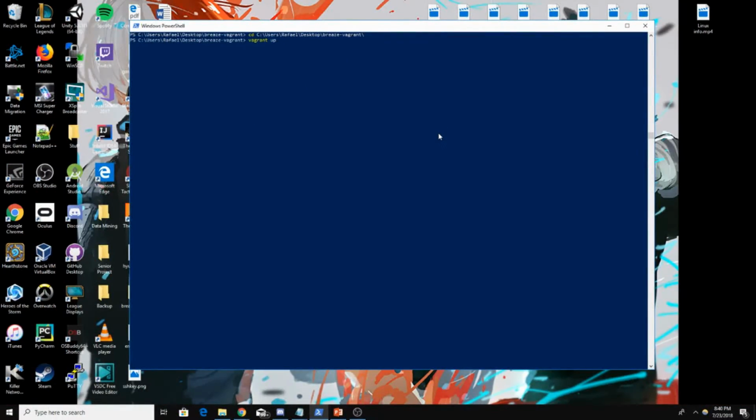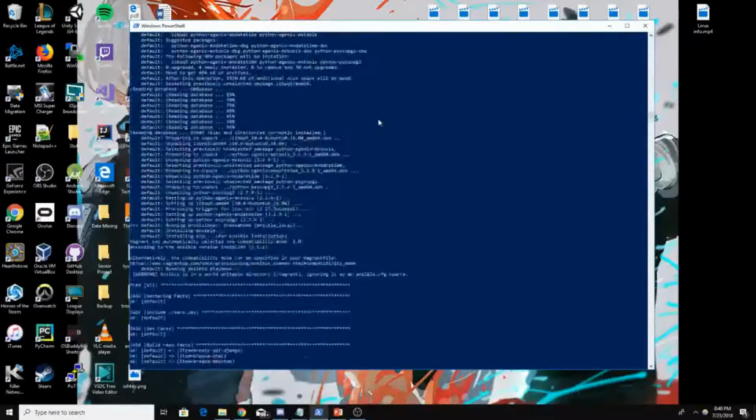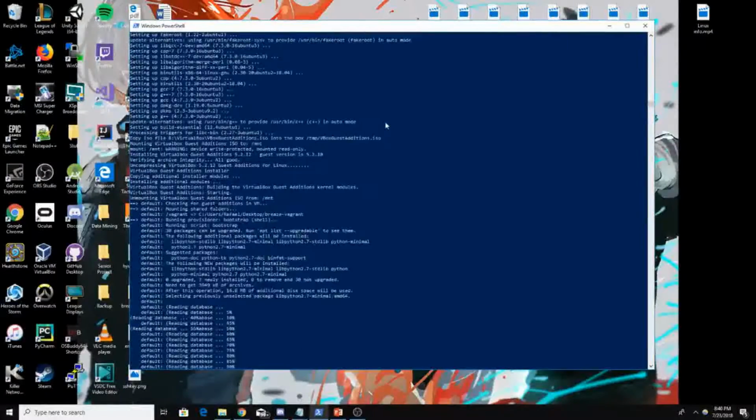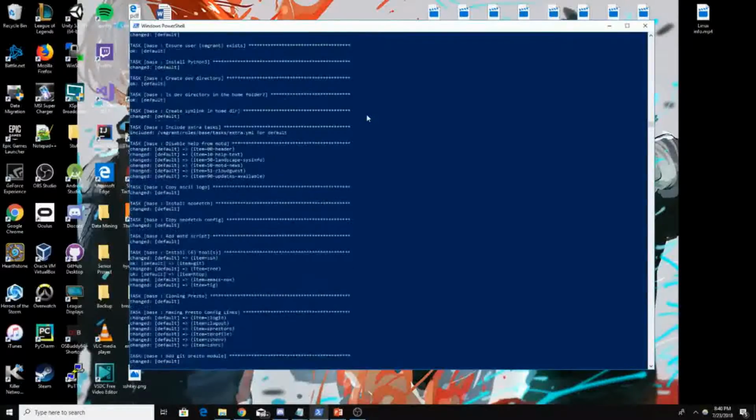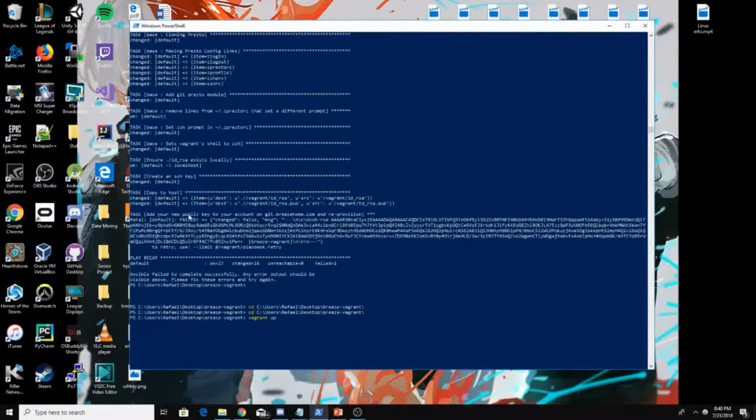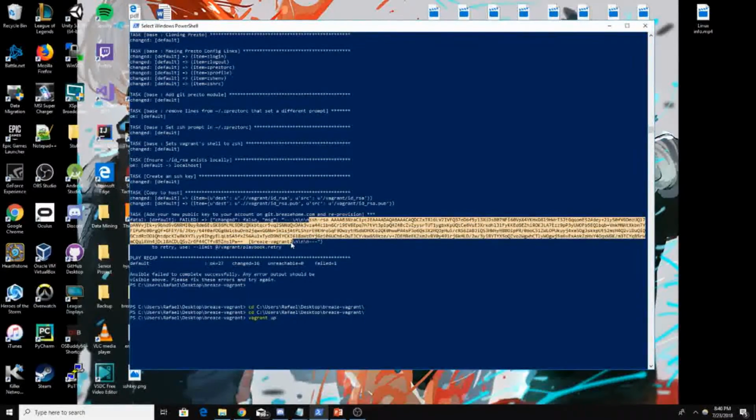When you begin to run that command, you'll see a lot of things start to begin installing. It'll take a couple minutes, but once that finishes, you should see that there's a message right before it ends that tells you add your new public key to your account on Git. If you're on Linux or Unix, these formattings might be there, but in the case for Windows, they're not. So you're going to want to start copying right here where it starts on S, where it says SSH. You start copying here until the very end where it's the closing bracket. You're going to want to copy that,